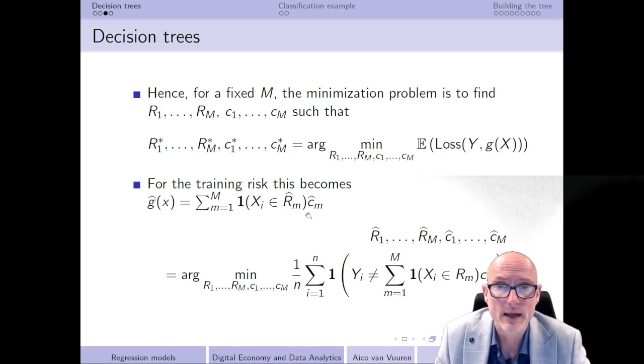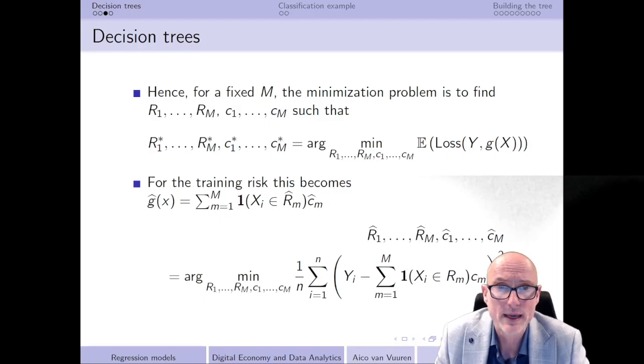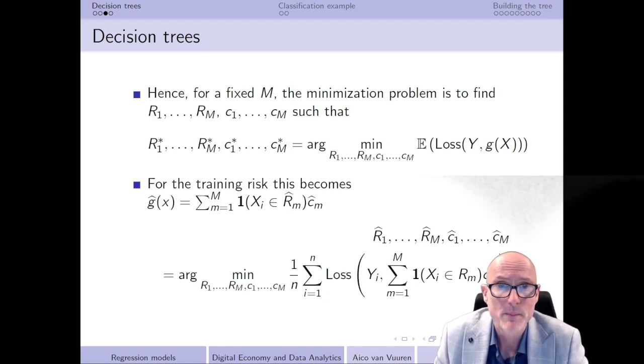So then we are going to get this minimization problem that we have over here, and of course also in the case that we have a continuous outcome variable, we already know what to do, because in that particular situation we need the quadratic loss function, and that gives us this minimization problem that we have over here. But generally, whether we have a continuous or a discrete outcome variable, we are going to try to solve this minimization problem that we now have over here.